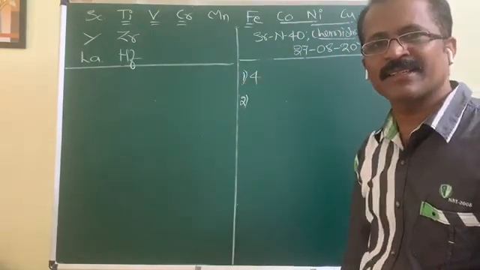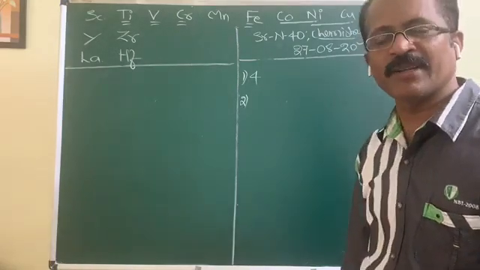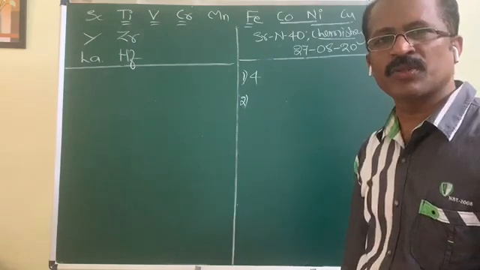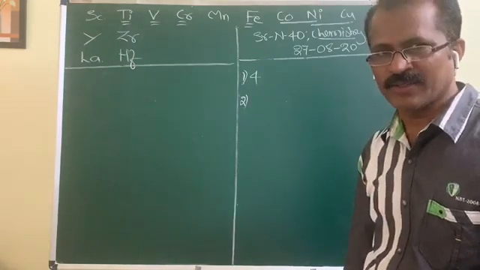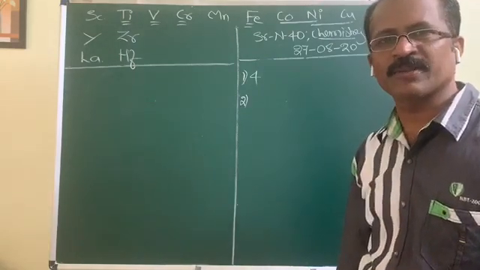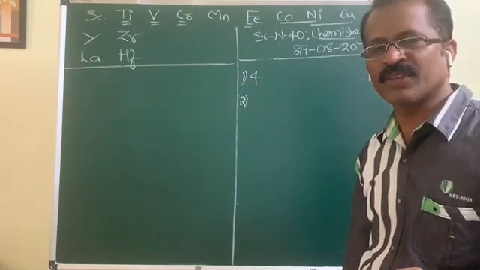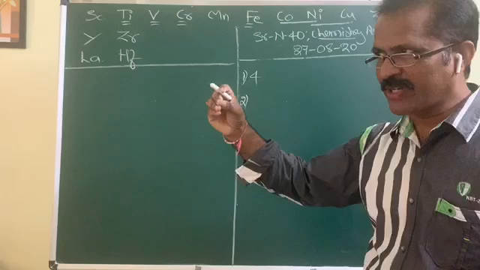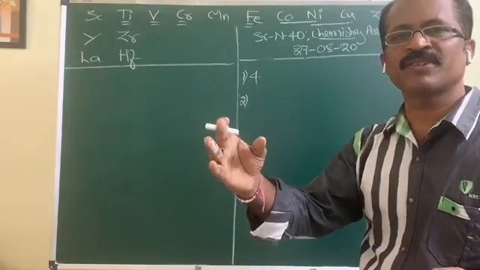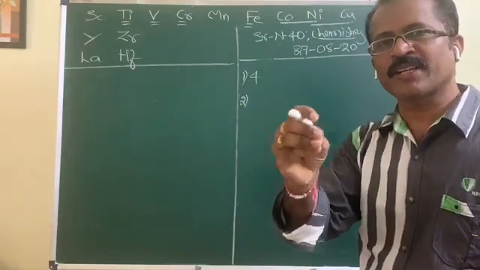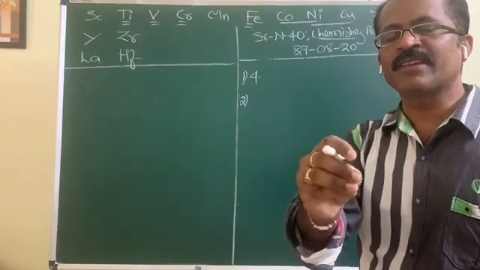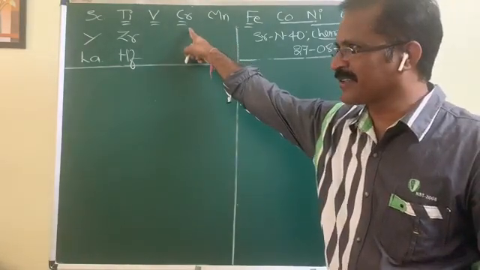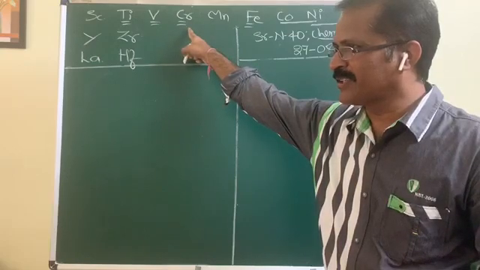The reason for that is they have a completely filled (n-1)d subshell. Therefore, d electrons don't participate in metallic bonding. Only ns electrons participate. Hence, metallic bonding is weaker, so their melting point is lesser. Thus, maximum melting point is shown by 6th B group elements, and minimum melting point is shown by 2nd B group elements in any given transition series. Thus, in the first transition series, it is asking you the maximum melting point, that is chromium.